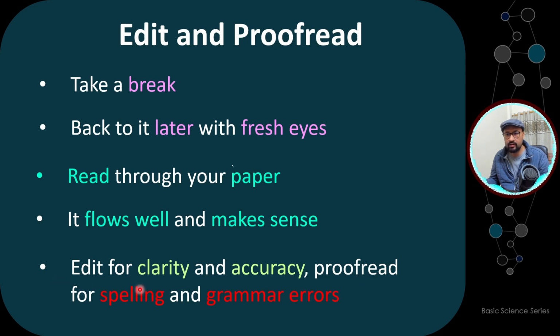Proofreading is important for spelling and grammatical errors. Grammatical errors and spelling errors are going to kill your article. You need to make sure these errors are not there, because they are really annoying for reviewers, and the impression reviewers get from your paper is basically that the writer is sloppy. It should have a nice flow. It should not be very complex. It should not have long sentences, and you need to proofread your article very carefully.